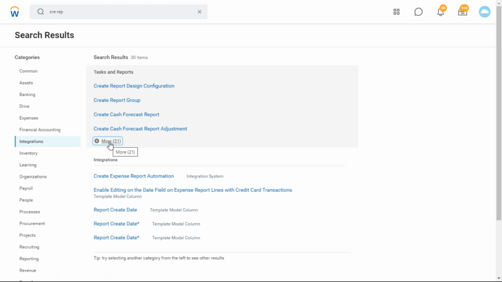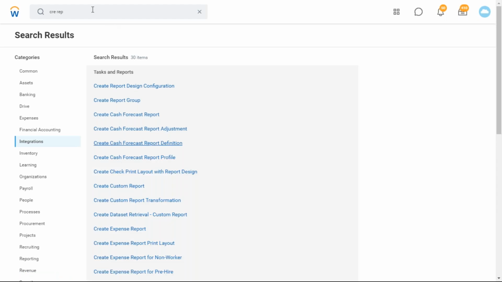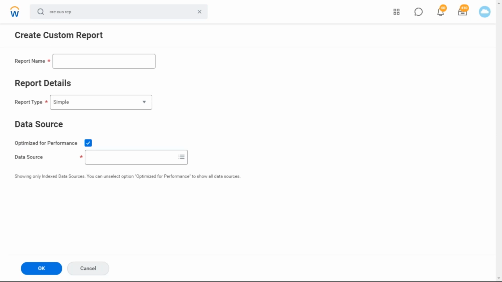Many reports are there. If you would like to create the custom report, just type create custom report. These many types of reports are available.